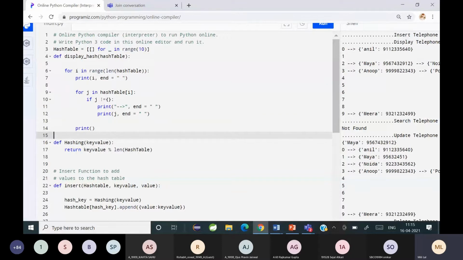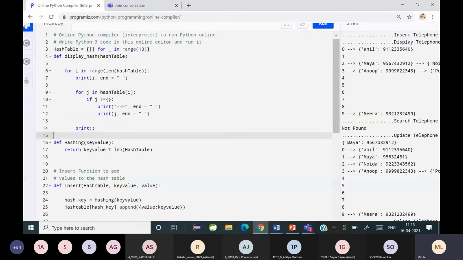Ma'am, it's a list. We are declaring a hash function, creating 10 empty lists in a list. Yeah, you are creating a list inside a list. And what is the range? What is the size? 10. Fine. Okay. So that means we are creating the hash table, right? Logically, we are creating a hash table by creating a list inside a list.